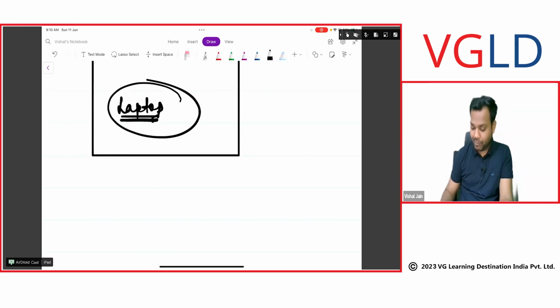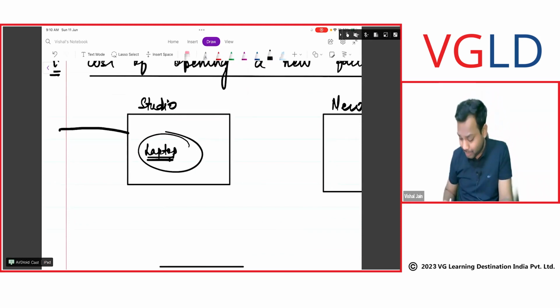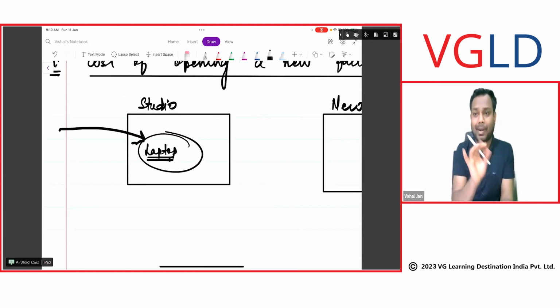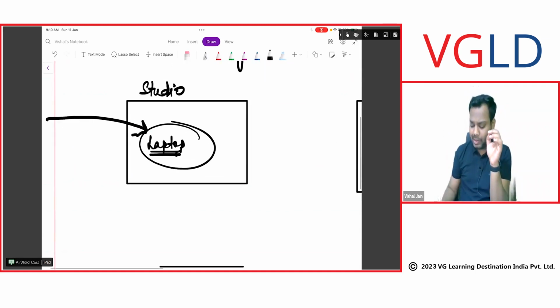Now, definitely when I purchase a laptop, all the expenses incurred to bring the laptop to this condition are capitalized. I discussed clearly that any directly attributable cost incurred to bring the asset to the location and condition intended by the management should be capitalized, right? So the same thing is happening. Any expenses incurred to bring this laptop till here should be capitalized, right?